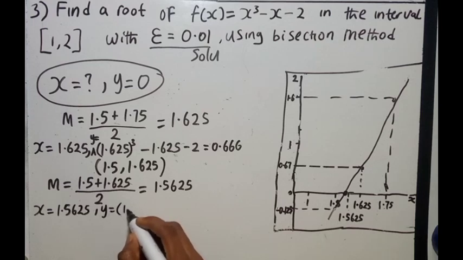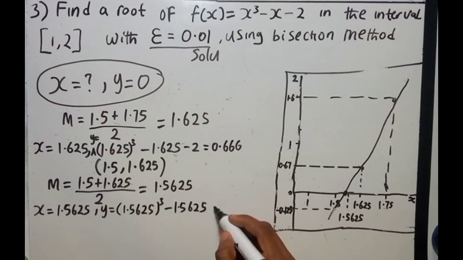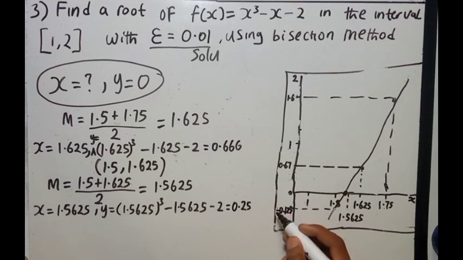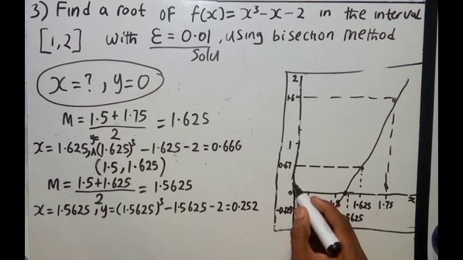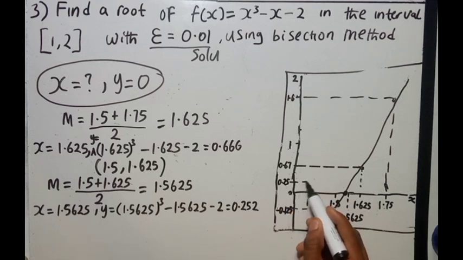Then we have our y is 1.5625 cubed minus 1.5625 minus 2, and this will give us approximately 0.25, which will definitely be between this place, 0.25. So if we are to trace it,